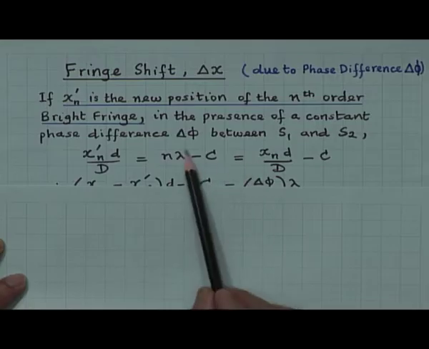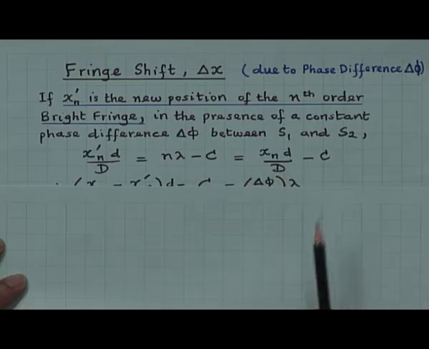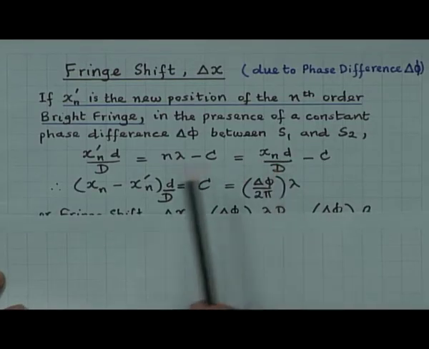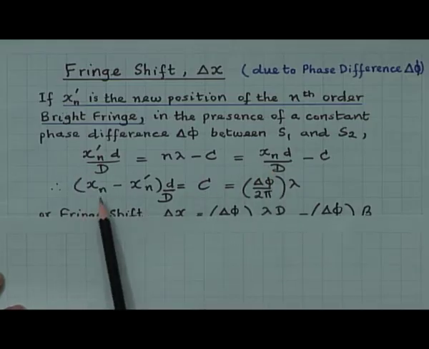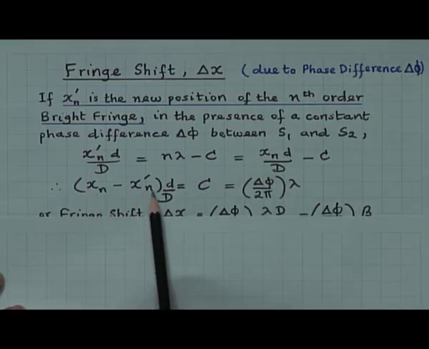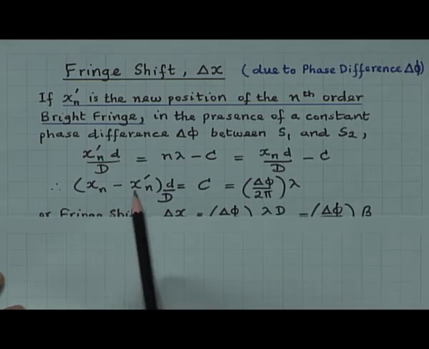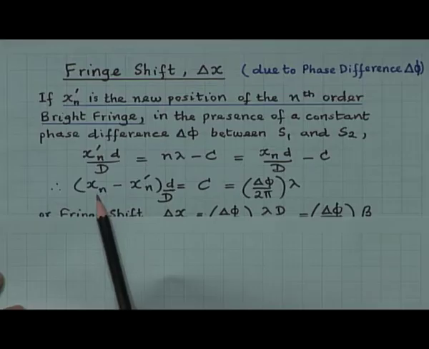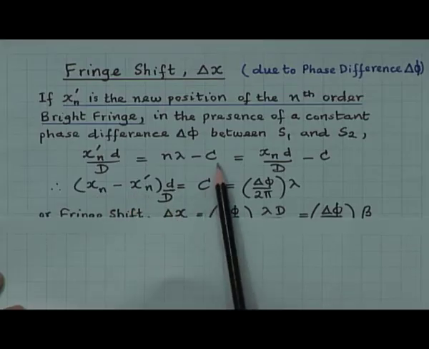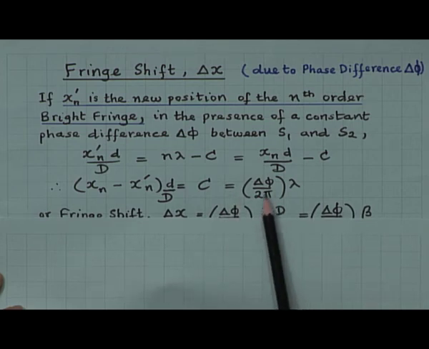Therefore, we have replaced this by this minus c, which means if I take the x n to the other side, x n minus x n dash, that is the fringe shift, the shift of the nth fringe. x n minus x n dash by D is equal to c, the constant,